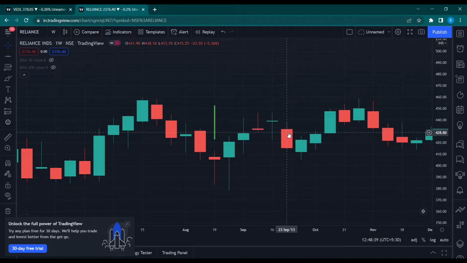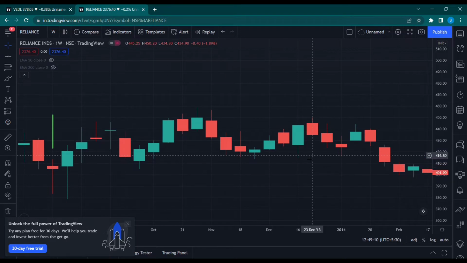Whenever you see a downside wick, that indicates buyers. In the case of a red candle with a relatively smaller body, that is a very weak bearish sign. So in this case, this candle is a weak bearish candle. It does not indicate a strong downtrend. Similarly, this candle actually indicates a good downtrend, but again, the buyers become active, so it doesn't matter.